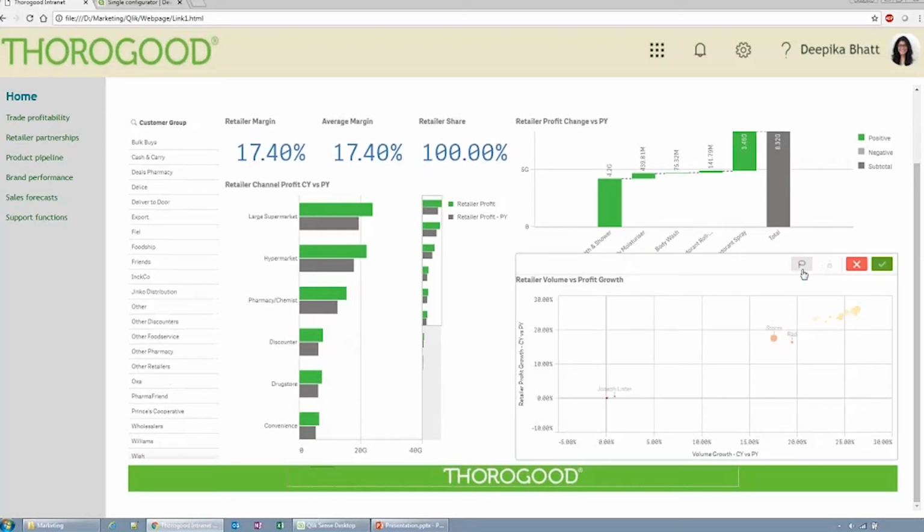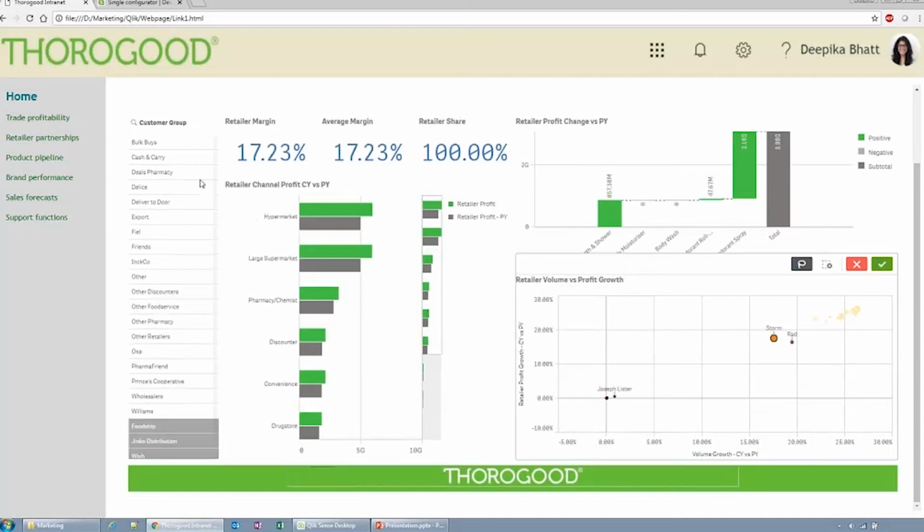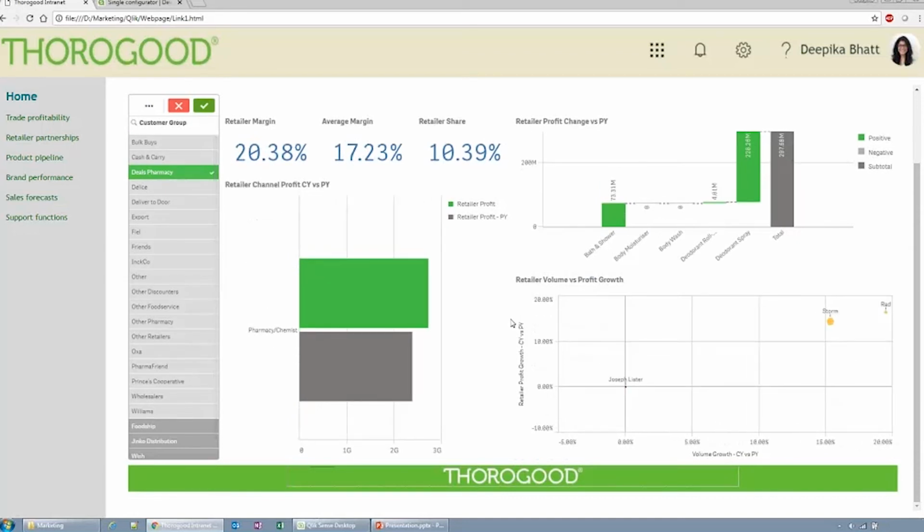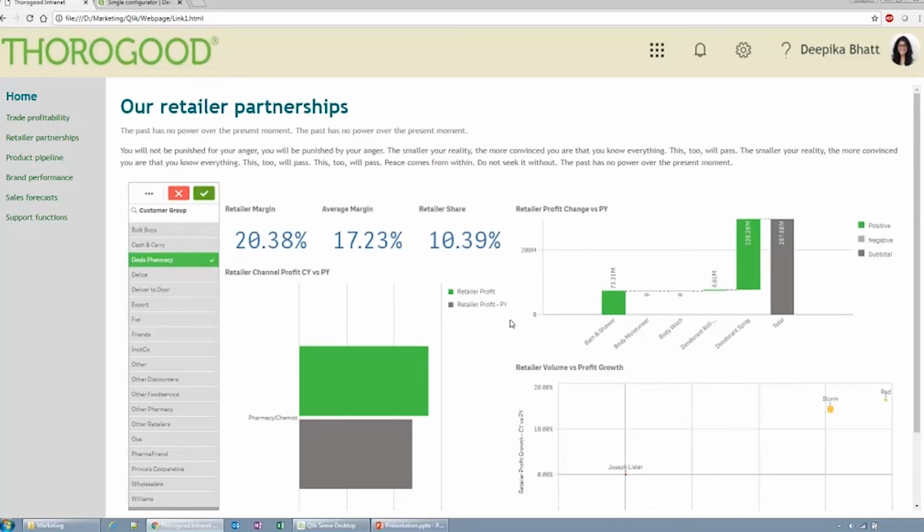So for example, I can again use the lasso tool to select any of my low or mediocre performing brands and select any customer groups that I might be interested in and do on-the-fly analysis while looking at my own sales portal. The third example which I'm going to show here is, suppose I wanted to go to